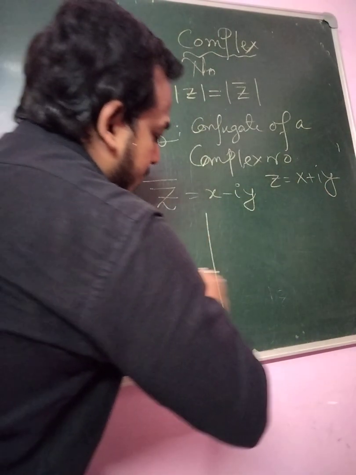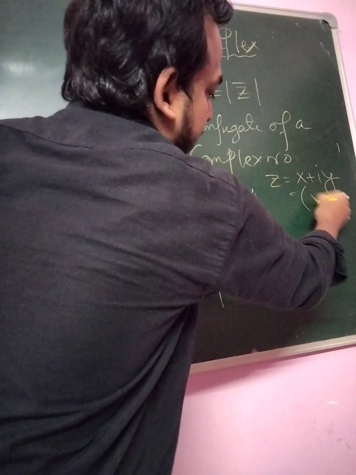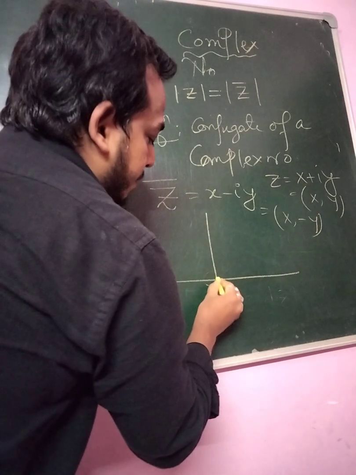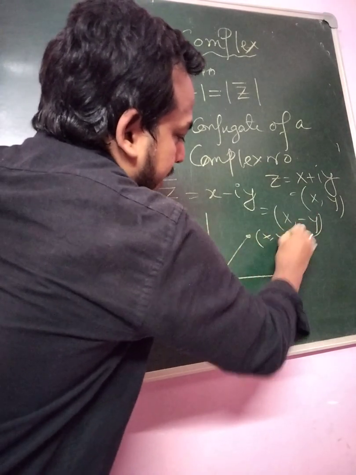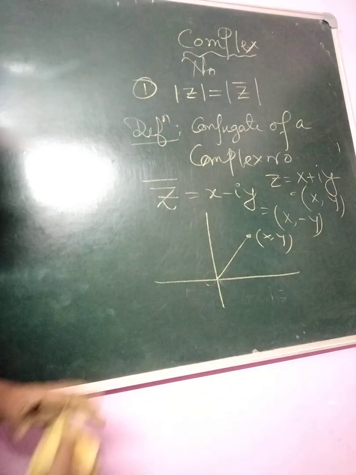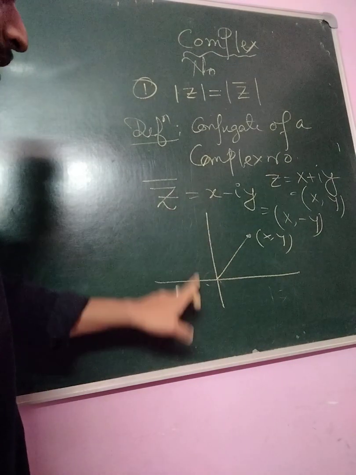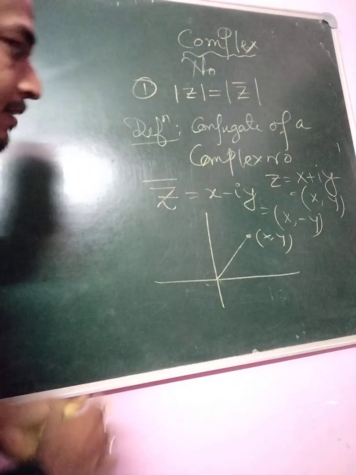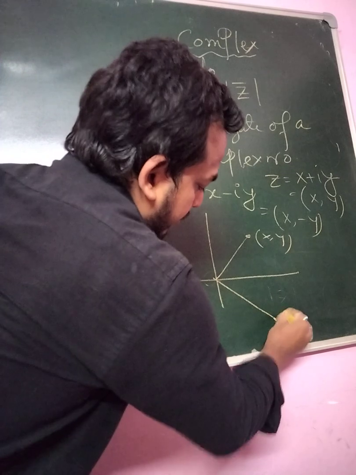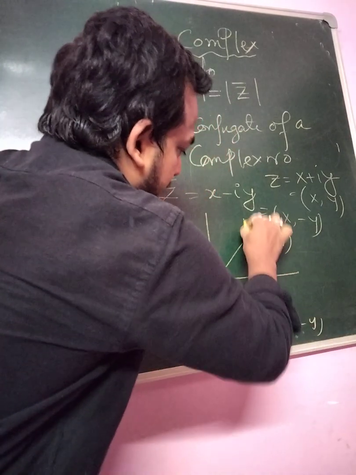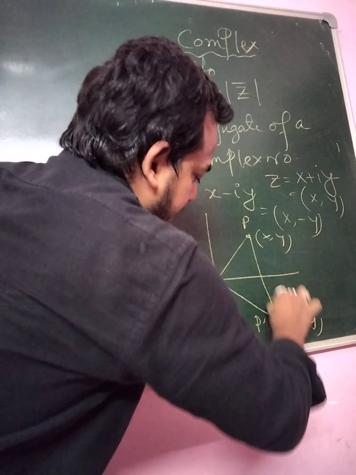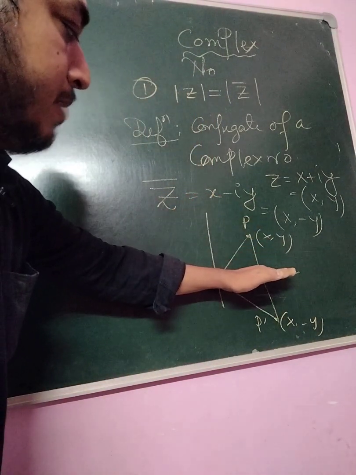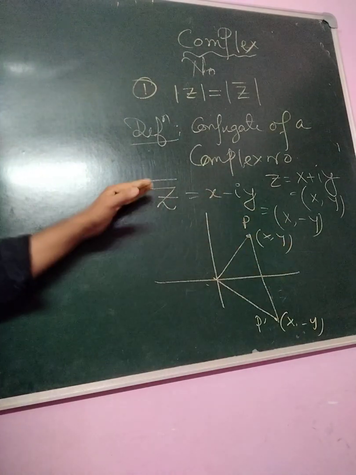So what is the geometric meaning of z bar? Suppose this point can be written as x comma y, and this can be written as x comma minus y. This point P is somewhere here, this is x comma y, and x comma minus y lies on which quadrant? Plus plus, minus plus, minus minus, plus minus: because the first term is positive and the second term is negative, this lies in the fourth quadrant. So this is x comma minus y. This is point P, this is point P dash. So basically the conjugate means the image of the point P with respect to the x-axis. That is the geometric meaning of conjugate.